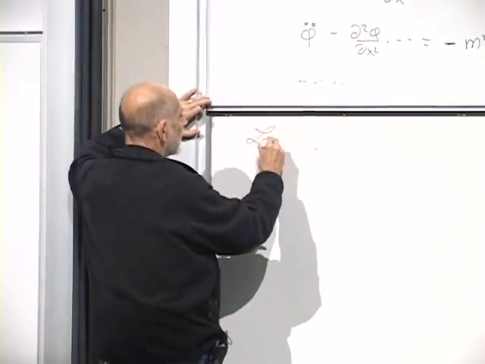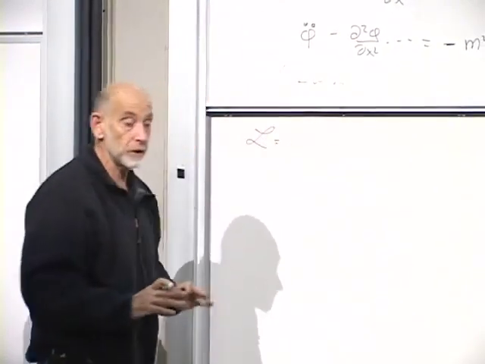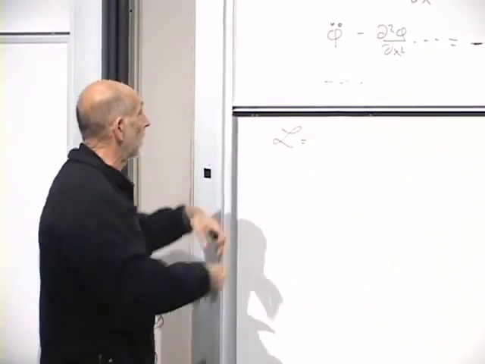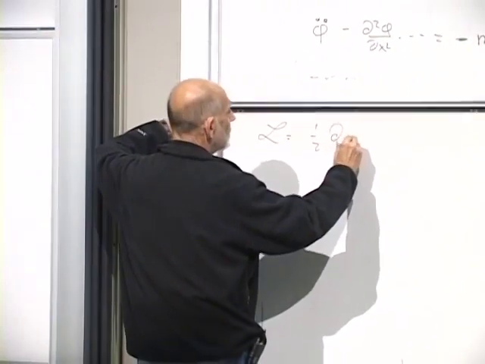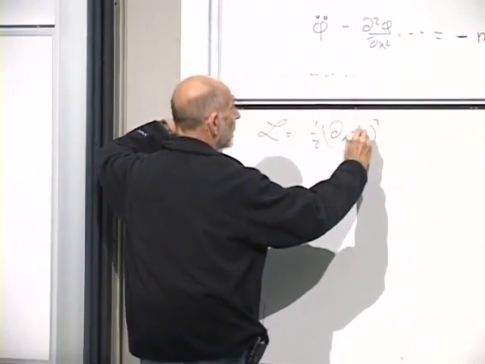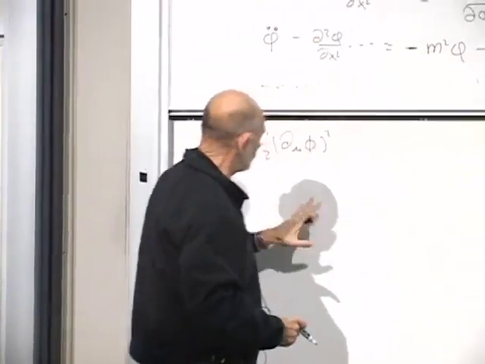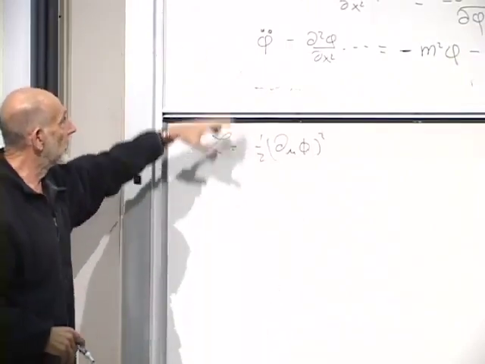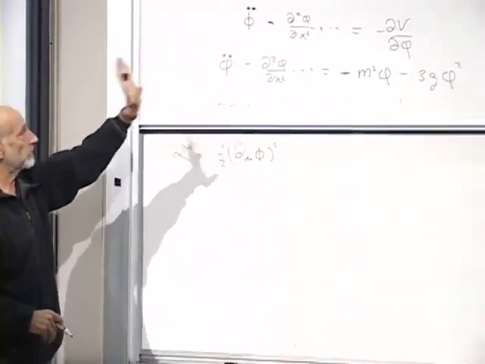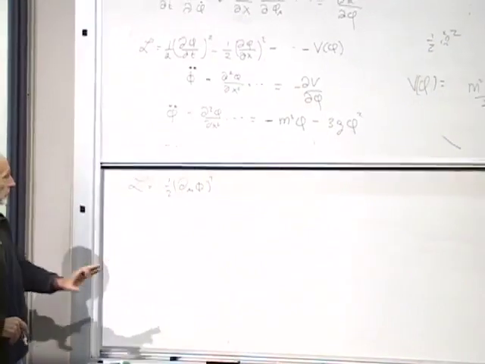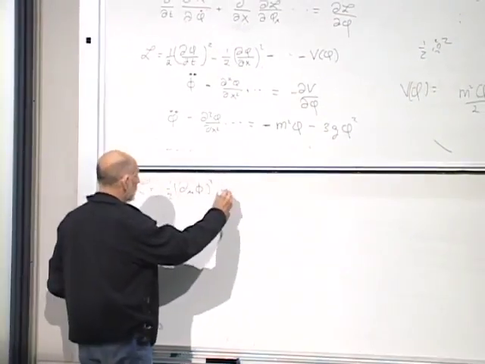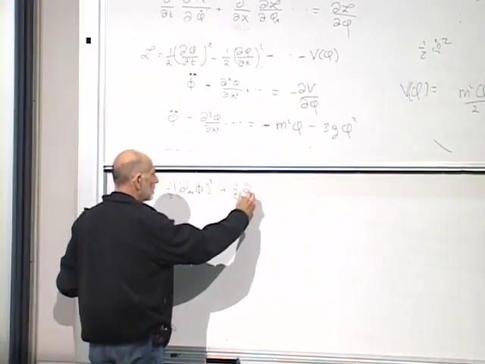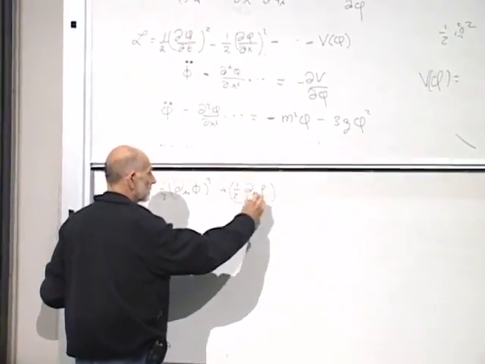So another possibility for a Lagrangian. There's nothing special about these, I'm just writing down random things. 1/2 d mu phi squared. That's the same thing I've written here, I've just shortened it up and made it simple. That stands for phi dot squared minus the derivative of phi with respect to x squared and so forth, just to give it a shorthand. We do the same thing for rho: d mu rho squared.